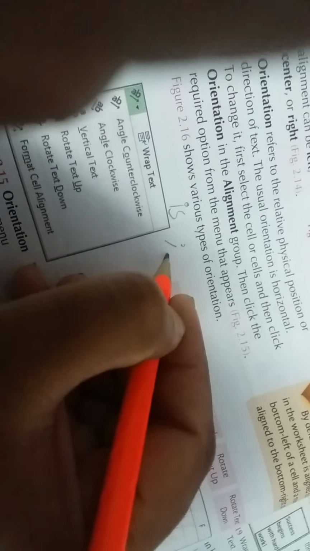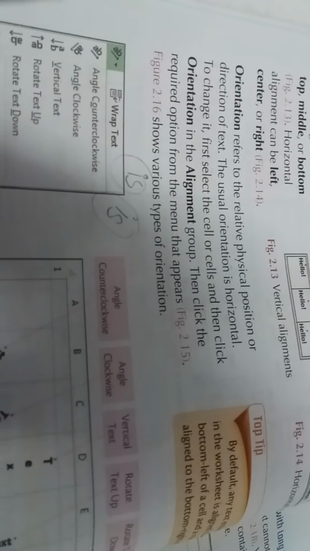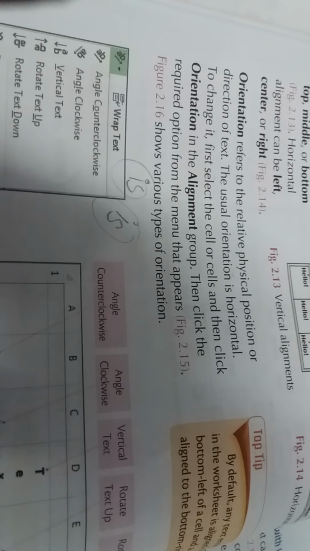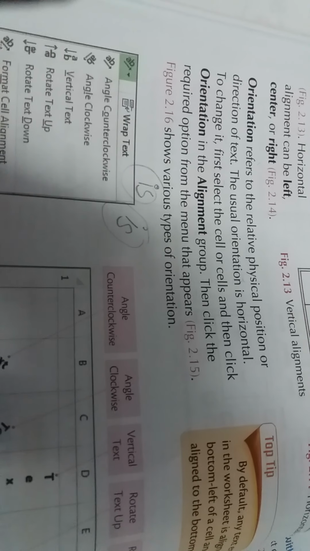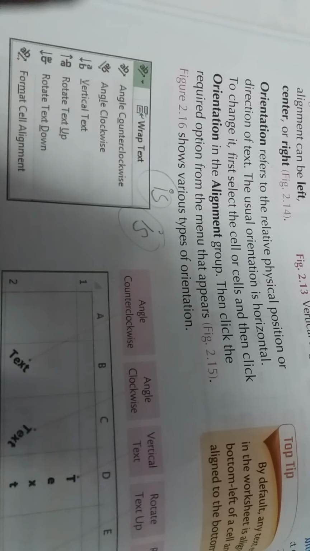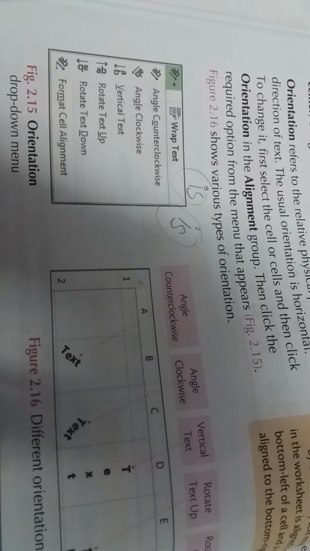This is written here. I am writing this. If you write it like this, so this is the orientation of your text. Understand? Now look at this. The usual orientation is horizontal. To change it, first select the cell or cells and then click orientation in the alignment group. Then click the required option from the menu that appears in figure 2.15, and figure 2.16 shows